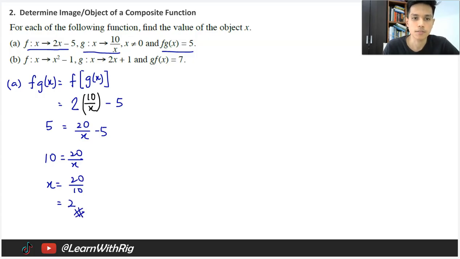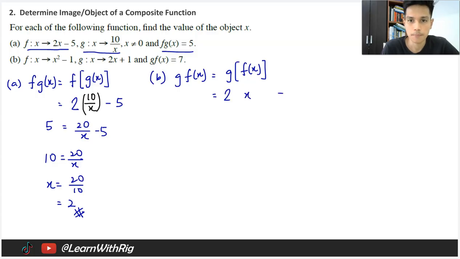Okay, so that is the value of x. Next, let's look at question B. They're giving you g(x) this time. So g(f(x)) is equal to substituting f(x) as the object for g(x). So g(x) is